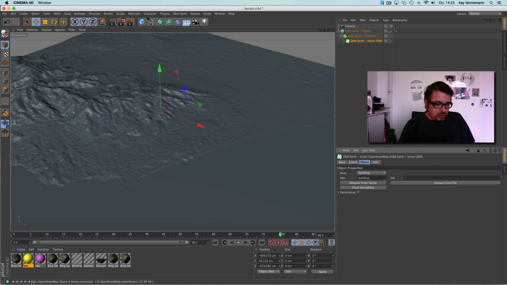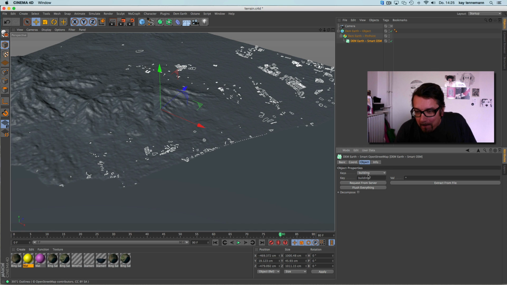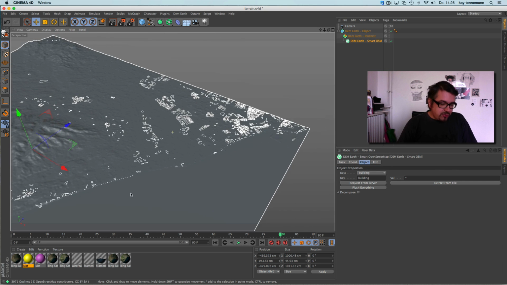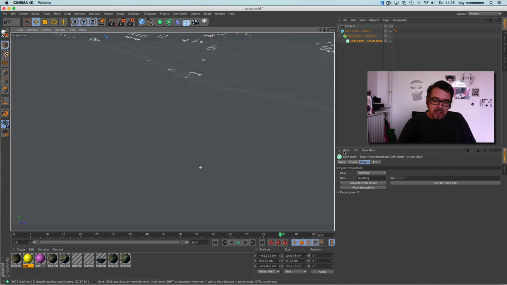We can try it. So you see, it downloads some stuff, and now it has to download some buildings. You see, it's buildings, and here's much more stuff. In most cases, I think you need streets or something. But for the moment, buildings is fine.